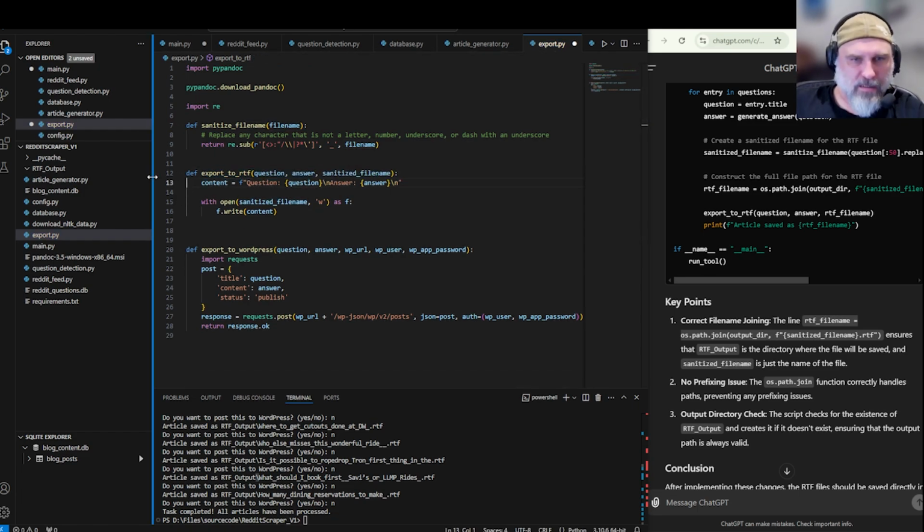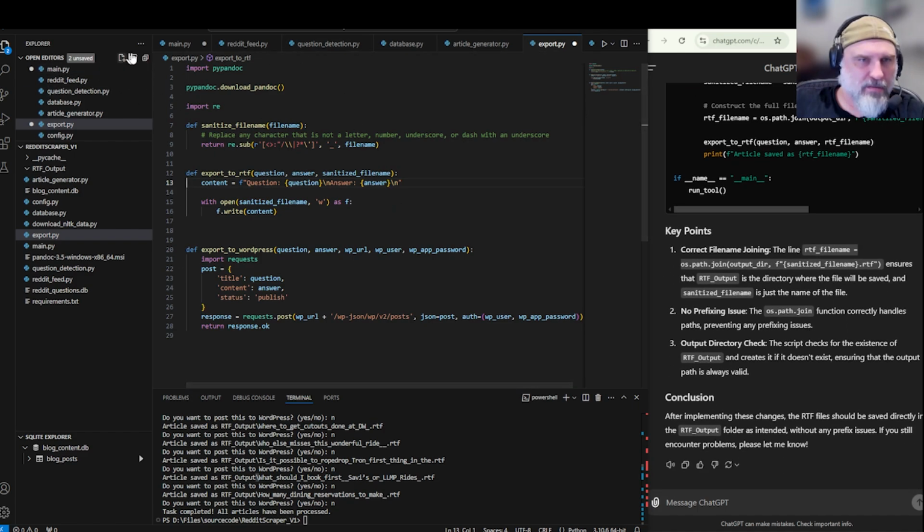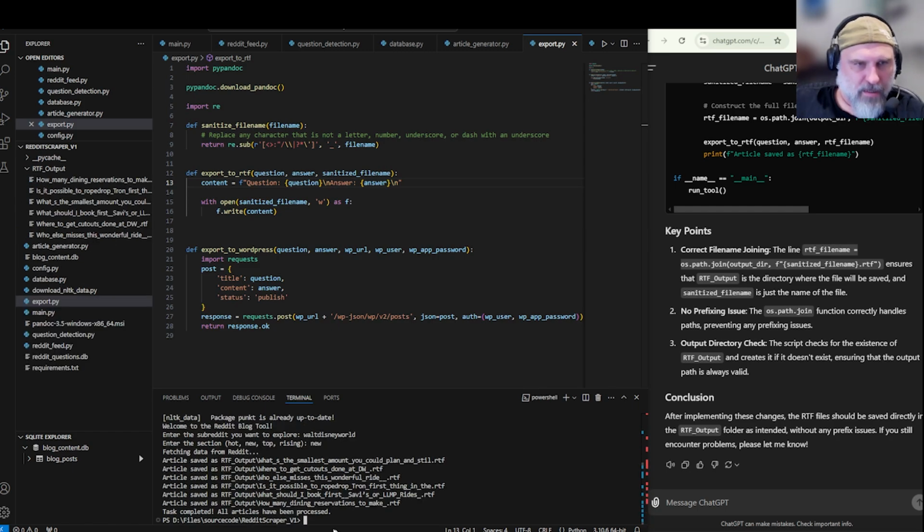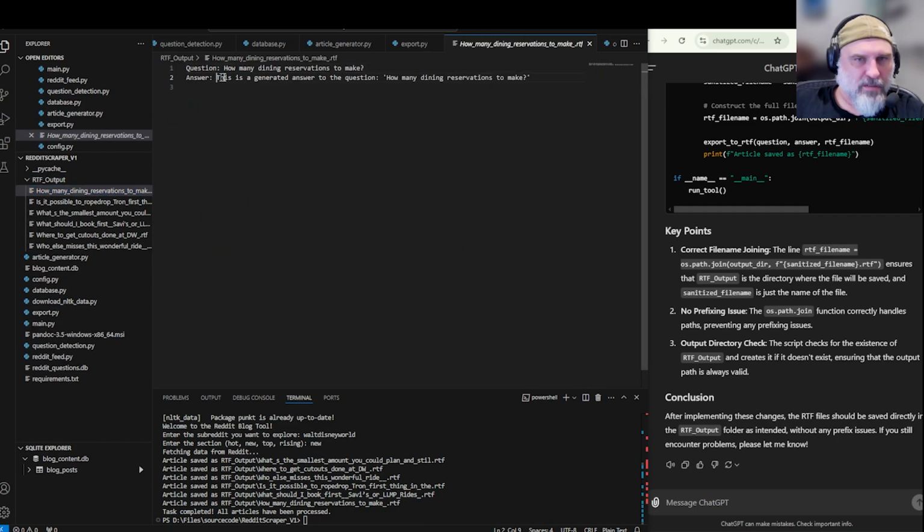See, now I'm editing the code, so I can't just straight copy and paste, which means ChatGPT will be slower. Alright, this time it should work just fine. Disney World. New. Bam. And now they're all in the RTF folder directory. That's what I like to see. Question. Answer. This is a generated